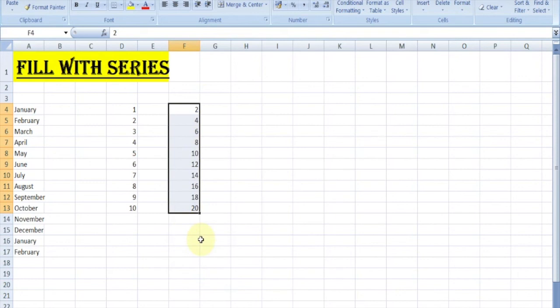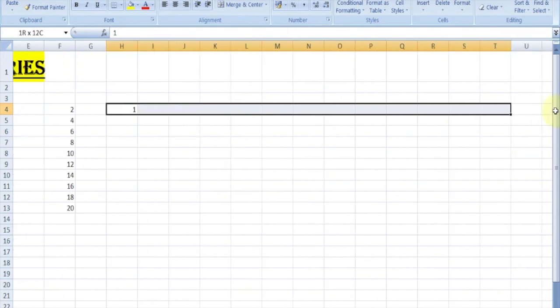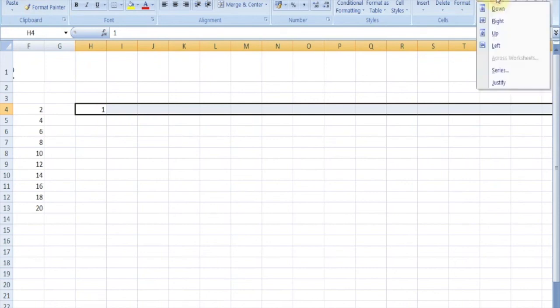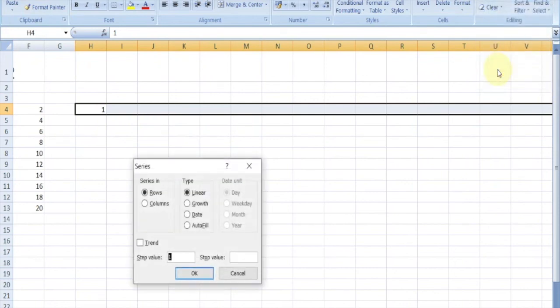We can do it by row also. Suppose we want an odd number series from 1 to 30. Just write 1 in one cell and select the row, and go to Home ribbon, Editing command group, fill arrow, and click on Series.